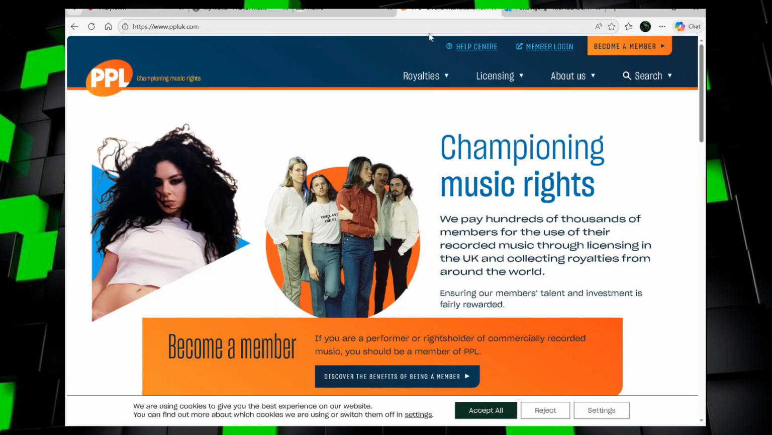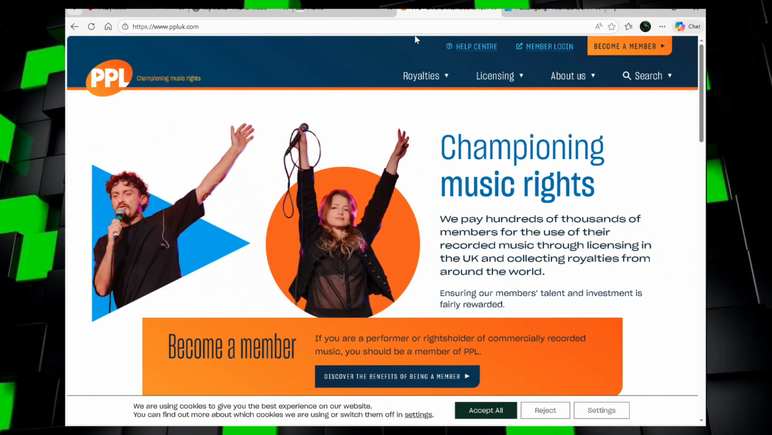Now this is PPL. PPL is a company, it only works in the UK. So you have to be in England for this to work. When you register with these guys, you don't have to create an account, you just have to create an ISRC account. What these guys have done for me today is give me my own ISRC number,